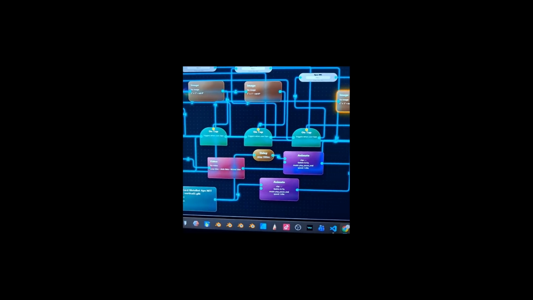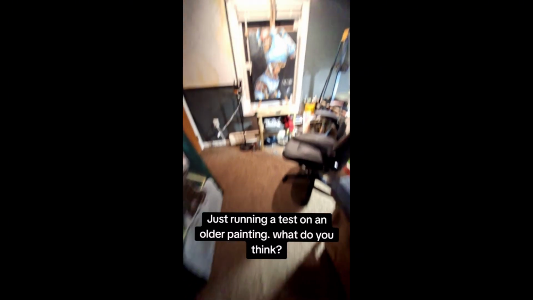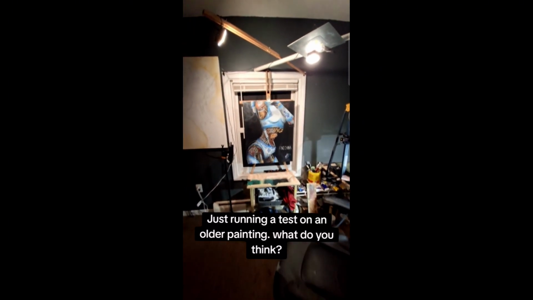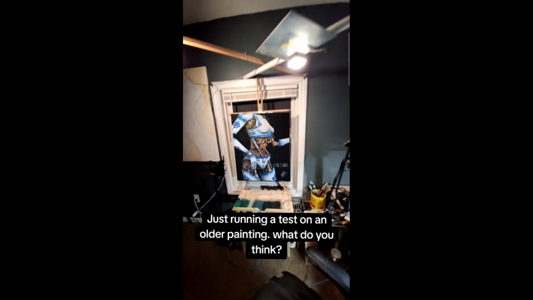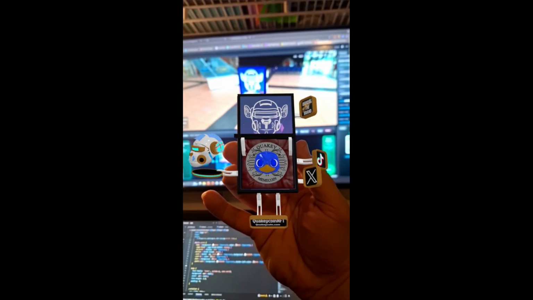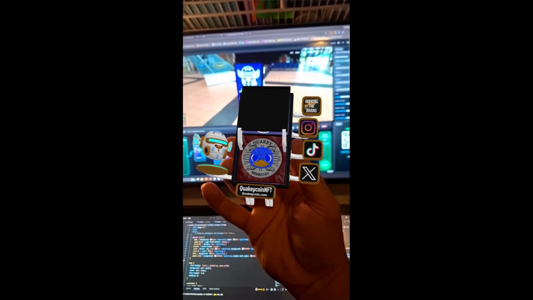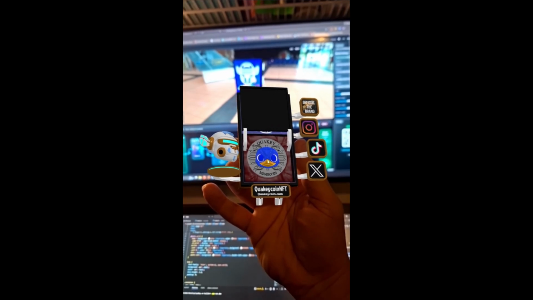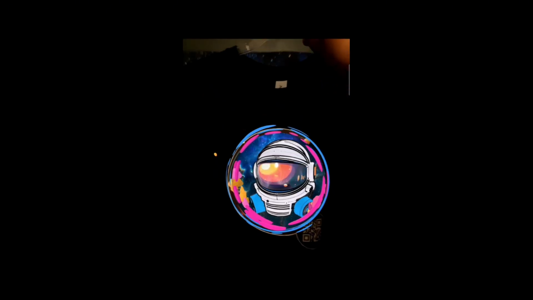Quakey XR, Quakey XR. Maybe Socrates and wisdom. We got